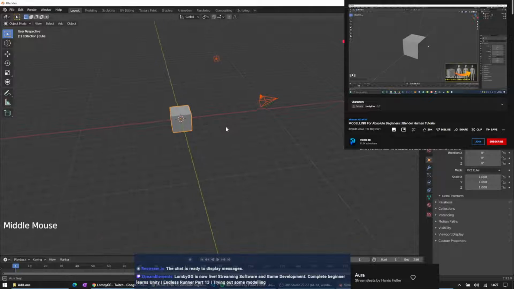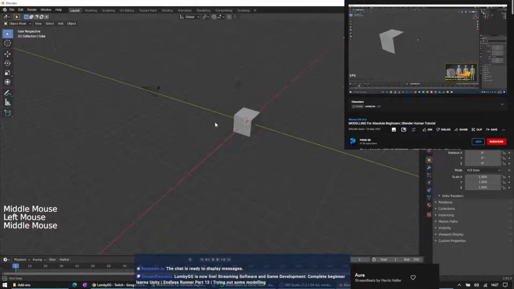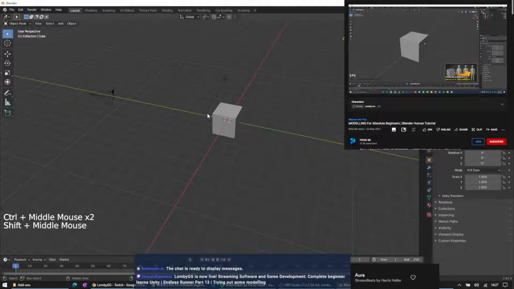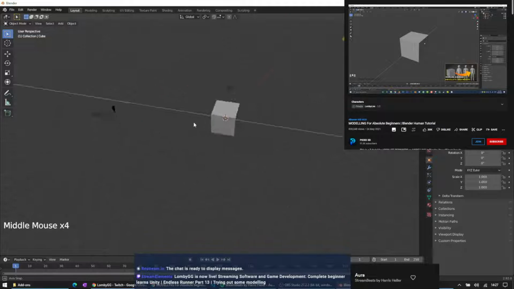Hold in the middle mouse button to turn around. We hold in Shift and then the middle mouse button to pan side to side, and we hold in Control or Command and our middle mouse button to zoom in or out. So once we have that out of the way, how to actually move around in the interface, I'll